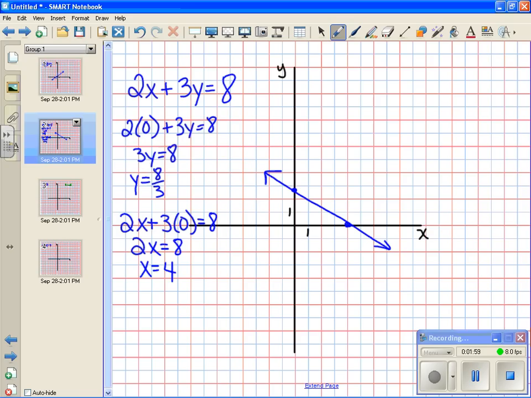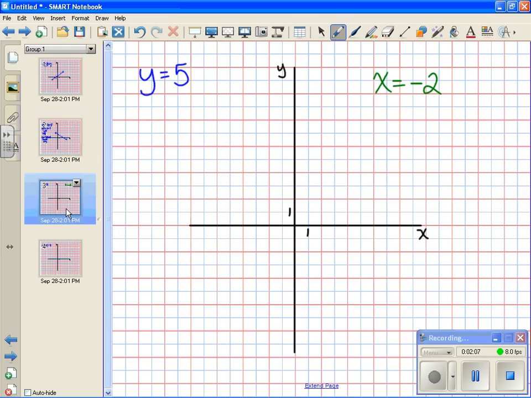So when an equation's in standard form, then often the x and y intercepts can be useful to graph the equation. Here we have a couple special graphs. y equals 5 is going to produce a horizontal line. No matter what x is, y is always 5. So you end up with